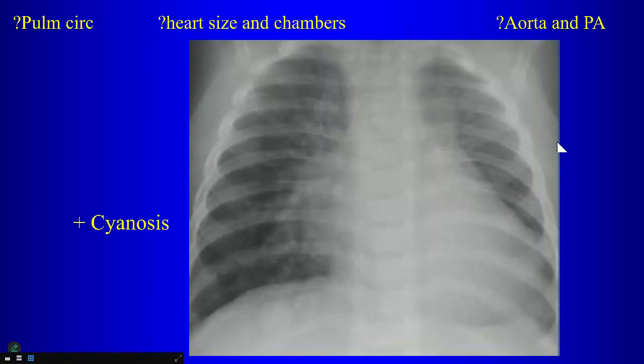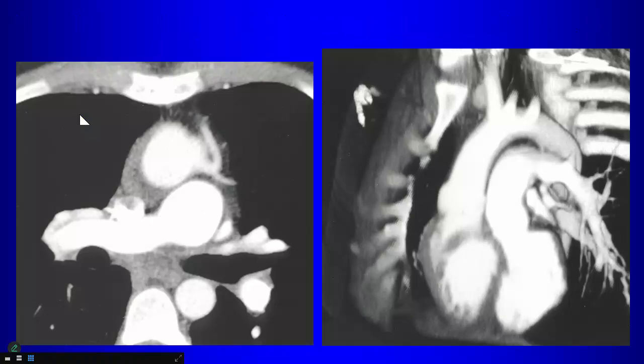Pulmonary circulation is increased. The patient is cyanotic, so we're in the category of admixture lesions. The big three are transposition, truncus, total anomalous pulmonary venous return. Right? So far, so good. The answer in this case is,